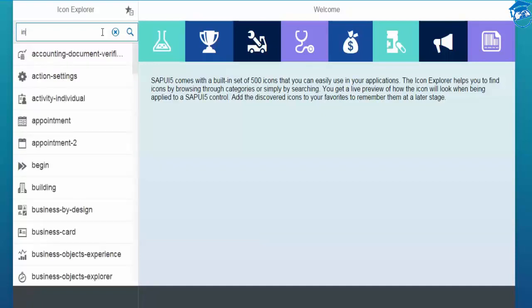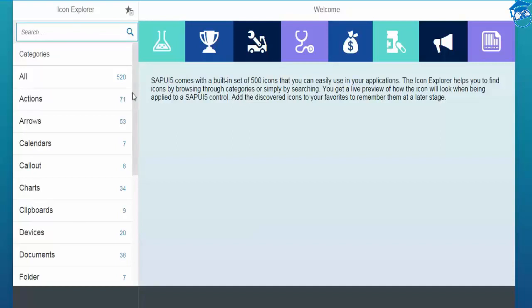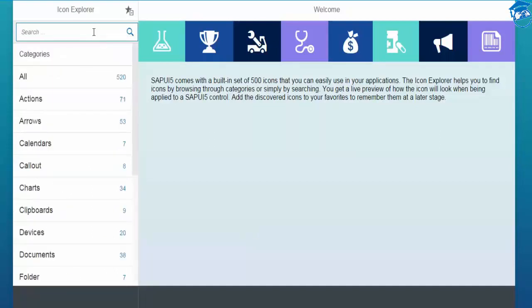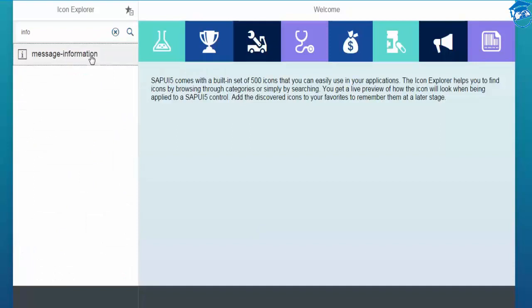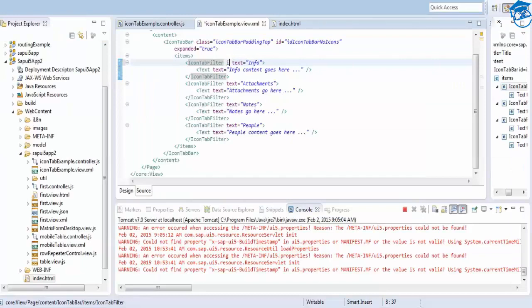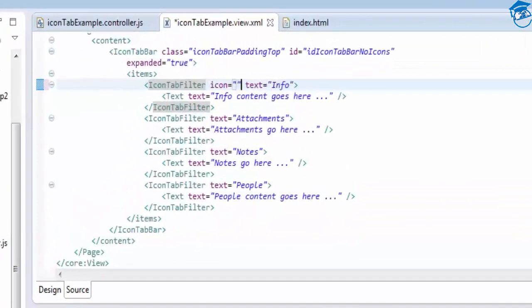There is no info. So we'll be using some icon to display. So you can search your icons here. So information or data, you can type something, database icon, you can type information, text, like information you have, like see, message information, you want to text this, click on this and you can use this name, you can use like icon. So how do? You'll go here and inside this tab filter you have to use icon property. So icon property is sap-icon colon // and you give that name, then save,